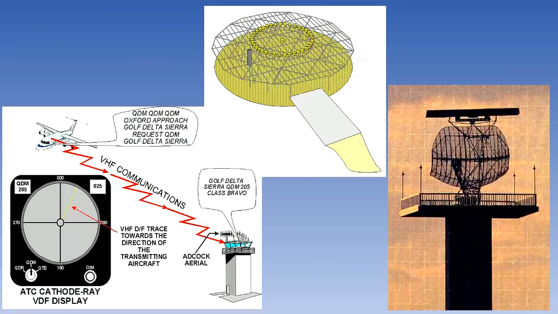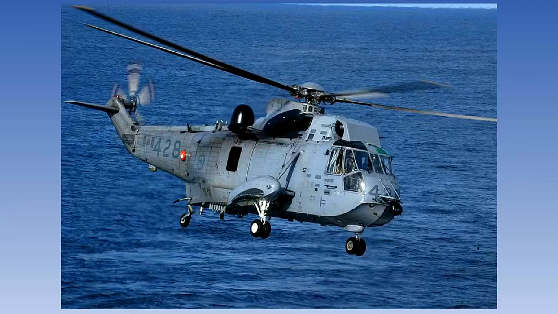The Doppler principle is used in VHF direction finding, radar and VOR equipment, all of which we will look at in their own lessons. In the air it used to be a source of drift and ground speed, but is now only used in helicopters for autohover. This concludes the lesson on Doppler.